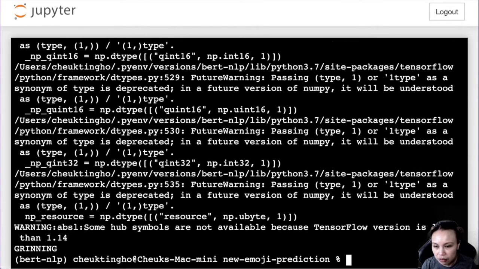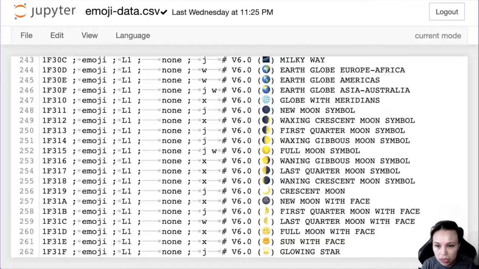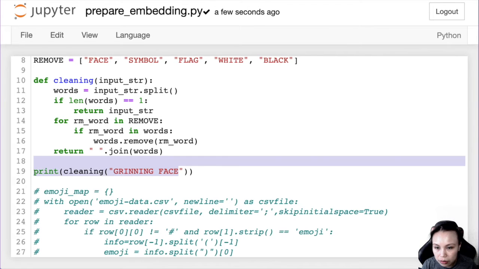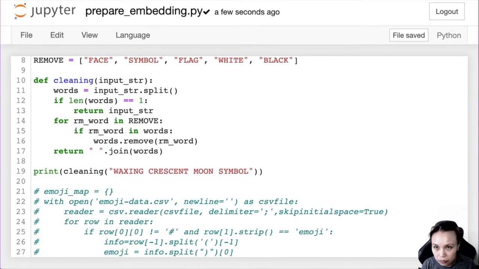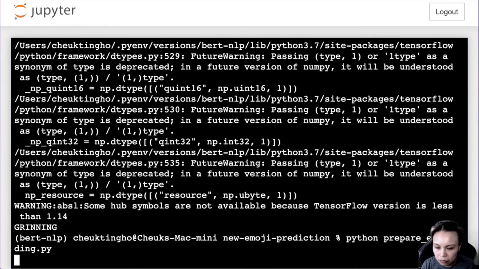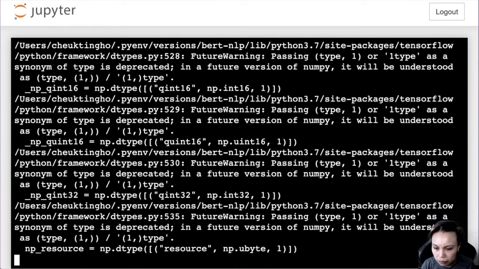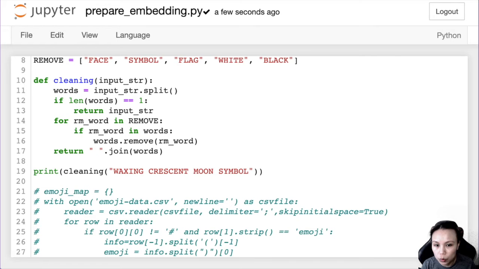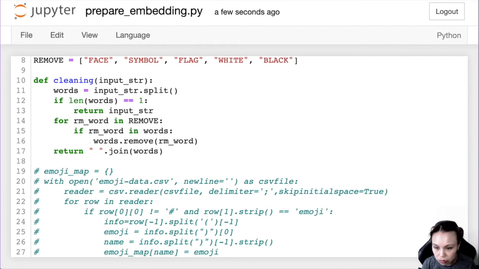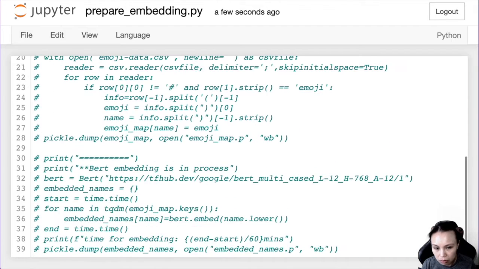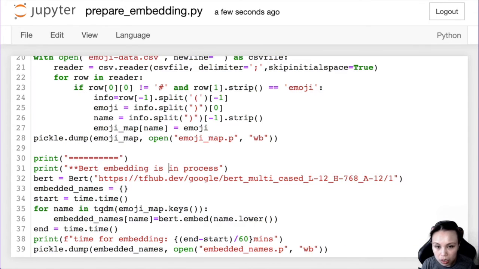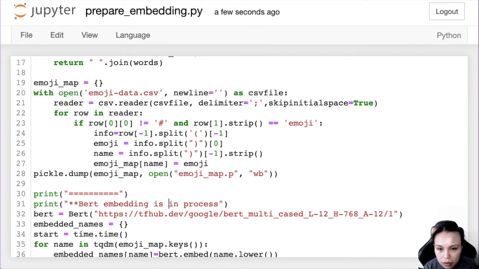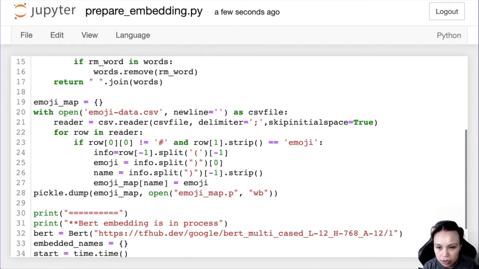Yep, so it's like cleaning without the face. And then I'm gonna try some of these just to make sure that it works. Okay, start seems fine, and then what I gotta do is to do this and then unblock it, and then what I'm going to do is to